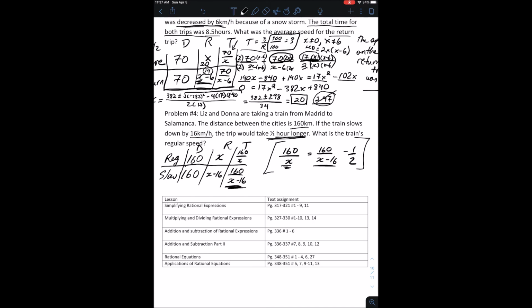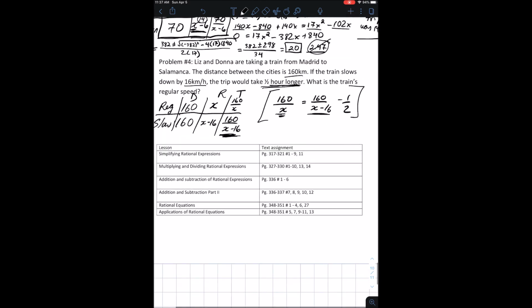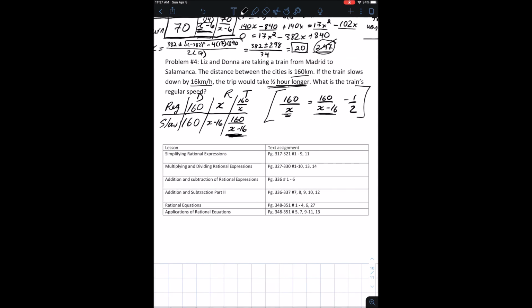And you get two answers, but again, one of them turns out to be a nonsense answer. Oh, whoops. Sorry about that. There we are. The answers you get at the end are 80 and negative 64. And again, you get kind of an ugly quadratic to solve, but I think it's good practice to go back to what we learned in quadratics. So yeah, try and finish this one off. See if you get these answers. This is the answer. This, of course, we'd throw out because it's negative. And then after that, here's some